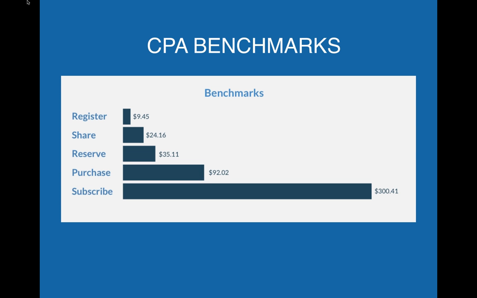You typically have to install, sign up, type in a password, search the catalog, add a credit card, add your address, finally get through to purchase. But interestingly, it's not always that black and white. In our data set, there are certain apps whose CPA for reservation or for purchase or for subscription was actually lower than the CPA for registration or for sharing of certain other applications, which illustrates that if you're able to really lower the friction within your application for those transactional events, then you can still get very low CPAs.